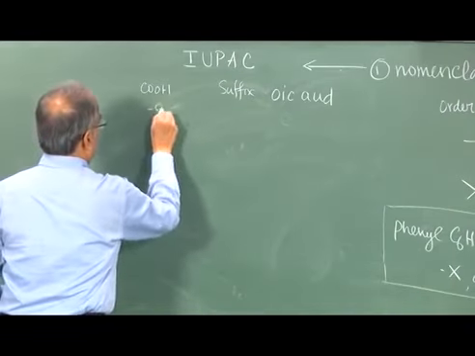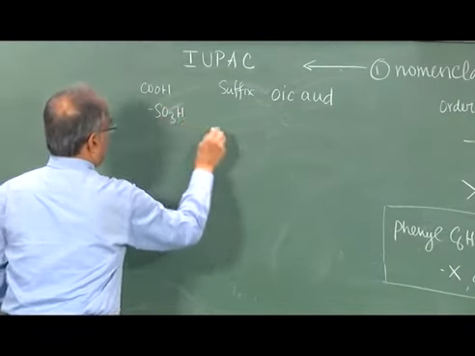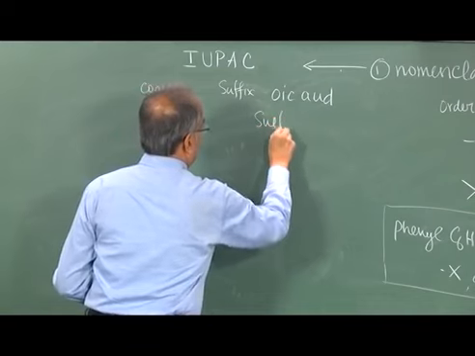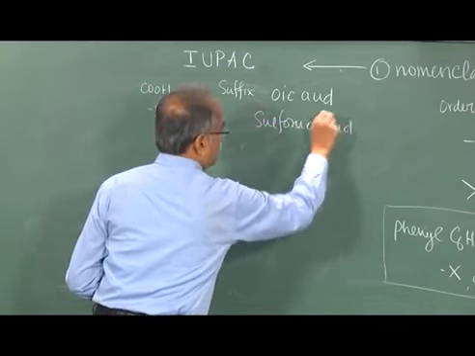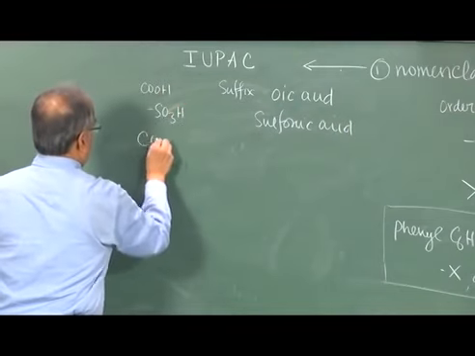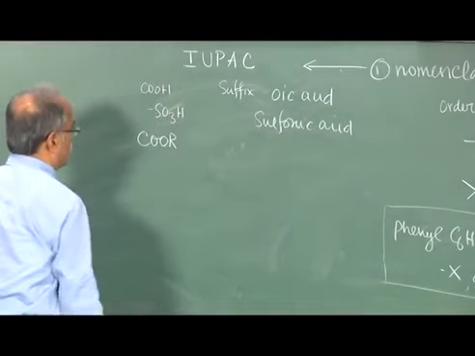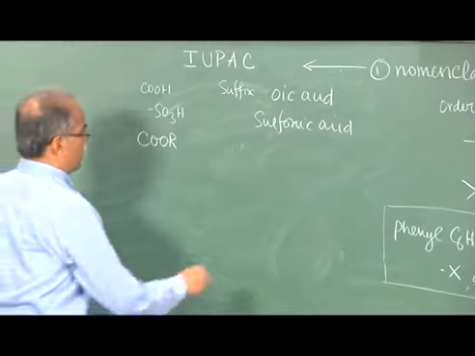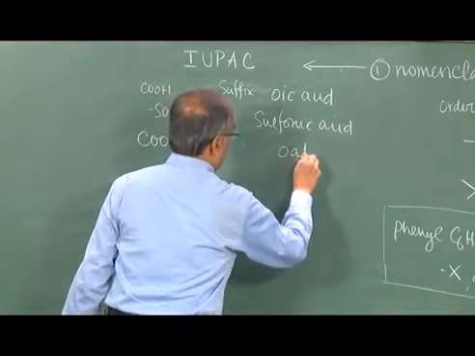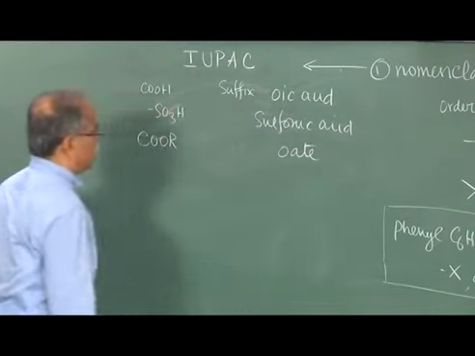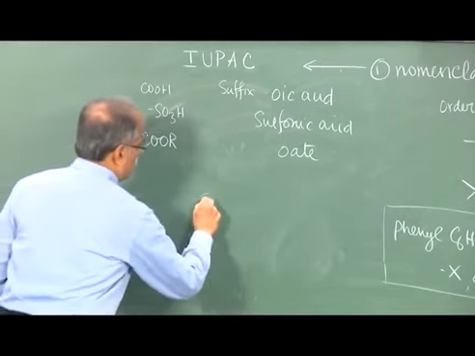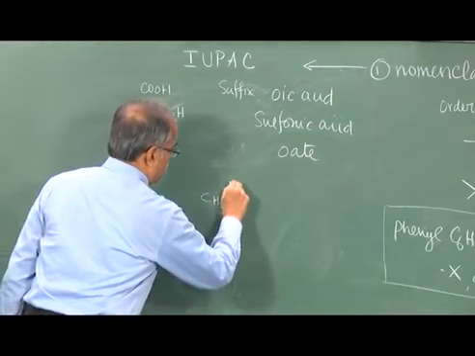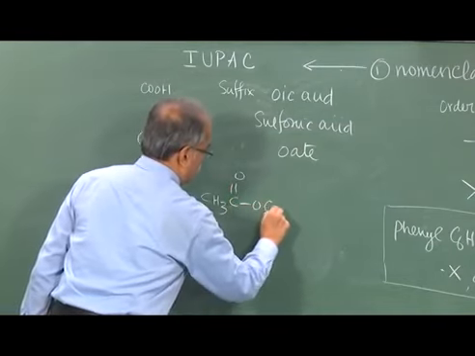If it is a sulfonic acid, then you call it sulfonic acid itself. If it is an ester functional group, you call it by "oate" as the suffix in the compound. Let us take a simple example,